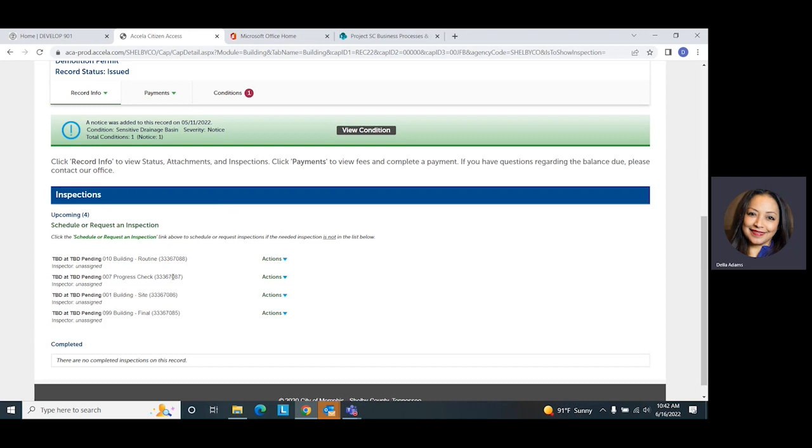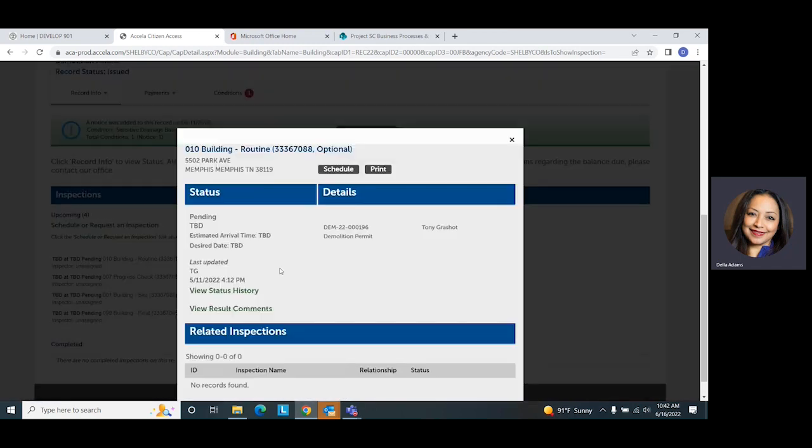All right, so there's several ways you can get to requesting an inspection. Your project will list the type of inspections you can have based on the application type. And under the actions button, you can either view the details or you could go directly to schedule. We're going to look at a couple of different ways. So we're going to go to view details,